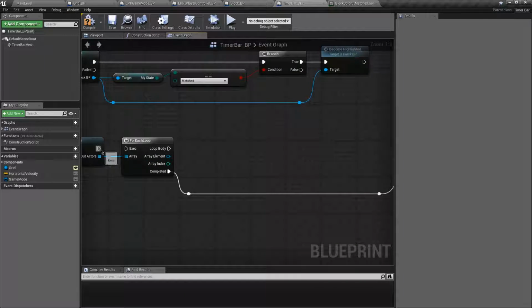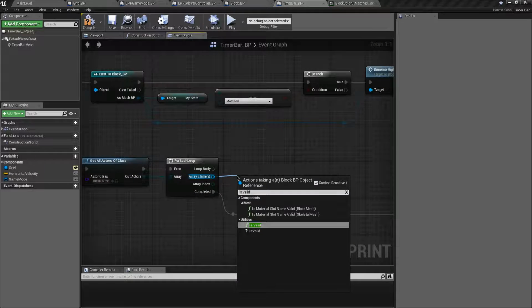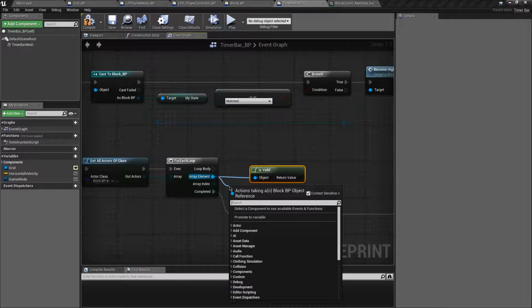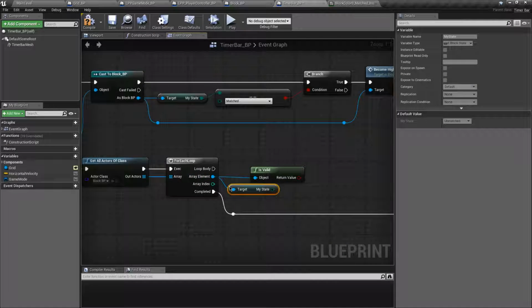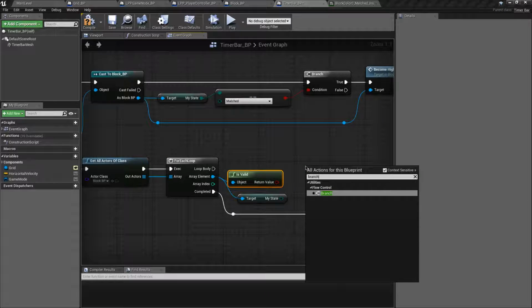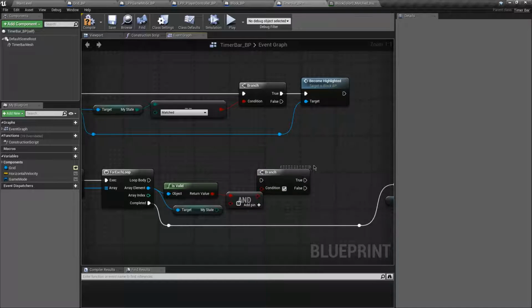And what we're going to do here is just say, are we valid? And get my state. So if this is valid and its state is highlighted,